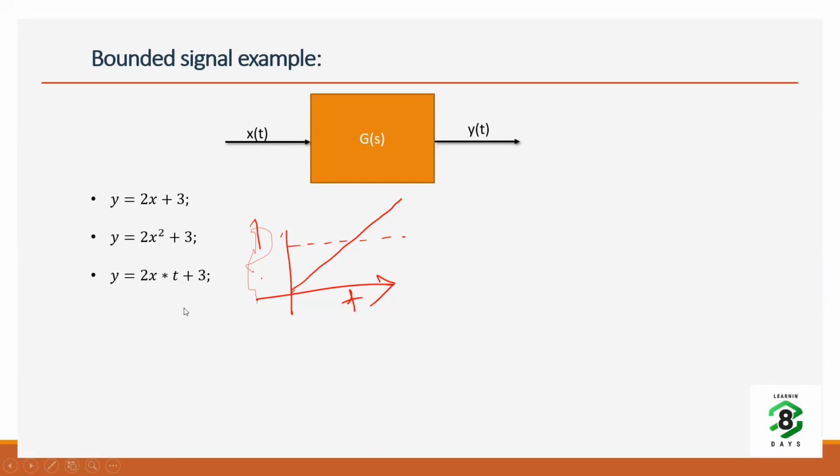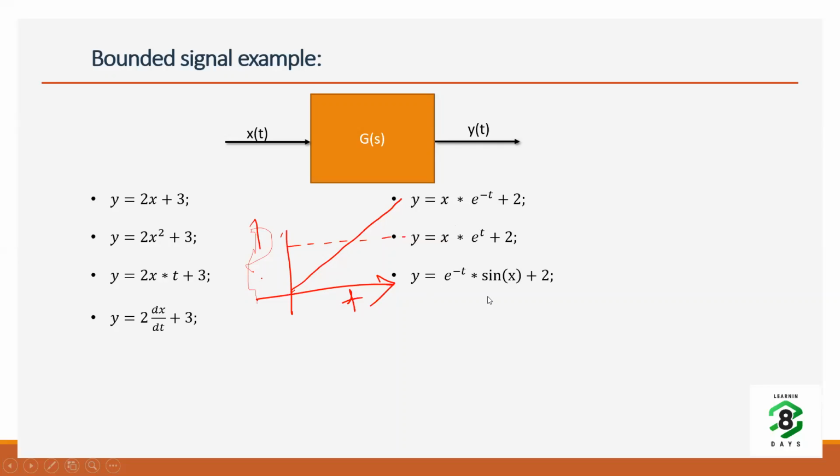So if you see the equation, you can predict what is a bounded signal and what is an unbounded signal just by looking into the equation. Similarly, I'll write a few more equations, and you can see most of the places where the signal is growing with time is an unbounded signal. That applies to the exponential signal as well. This e to the power minus t term is a decaying exponential signal, so it will again be bounded. Whereas the growing exponential e to the power t is again an unbounded signal.